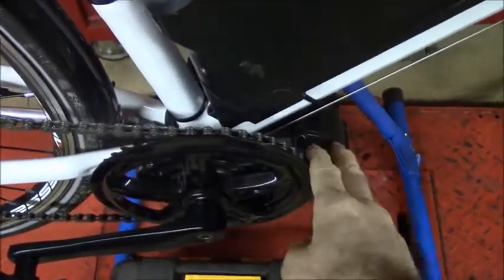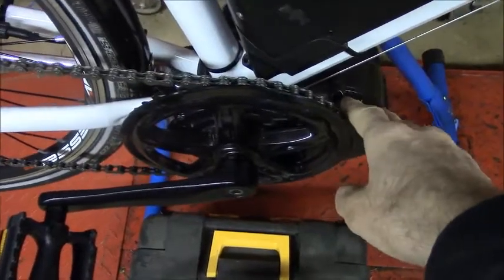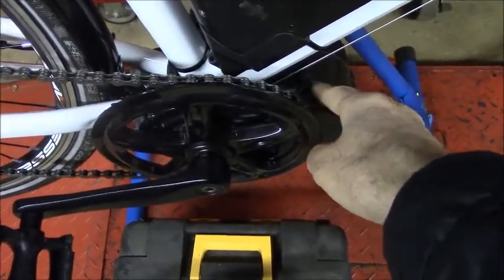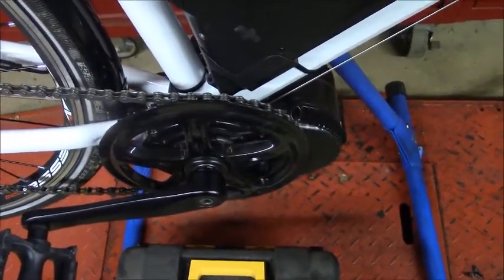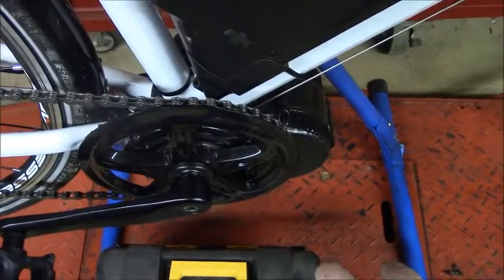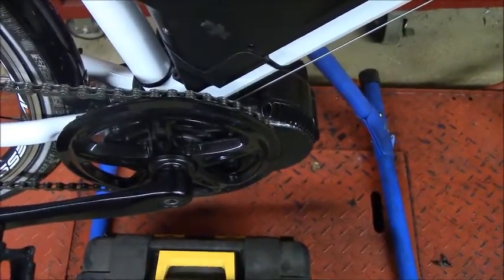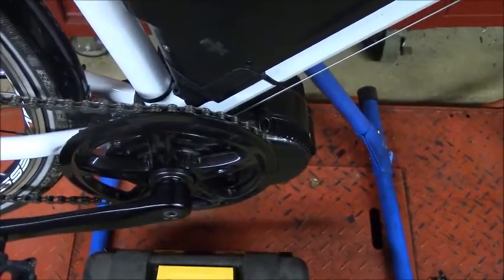The reason I think that is because this motor produces a lot of torque. This bike will accelerate up hills where other electric bikes that I've ridden, I'm thinking of one with an electric hub motor, decelerated to the point where you had to start pedaling to get up the hill. So this bike produces a lot of torque, and if I had to do it over again, I'd probably get a smaller motor. I haven't put a lot of miles on the bike, but I did get a chance to